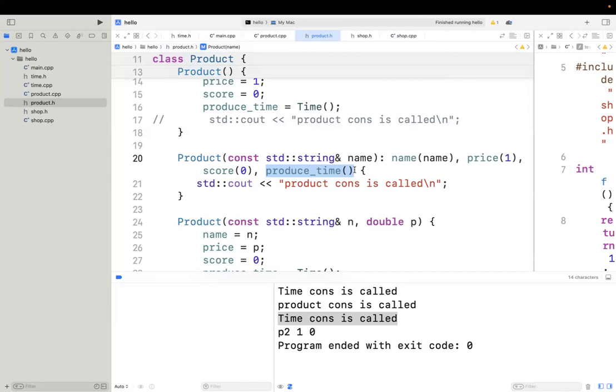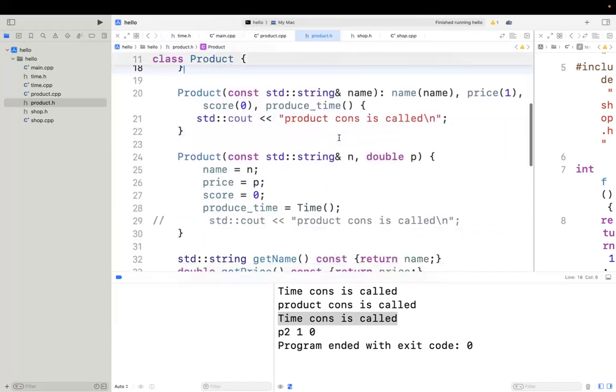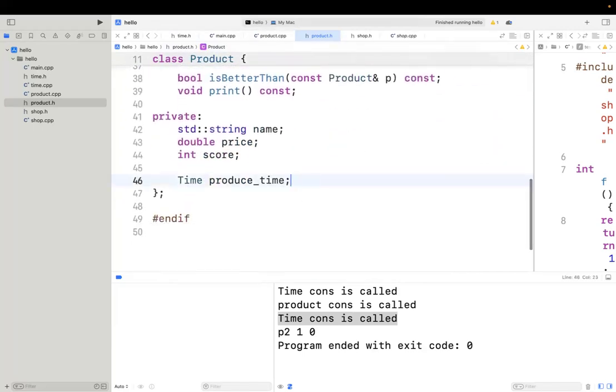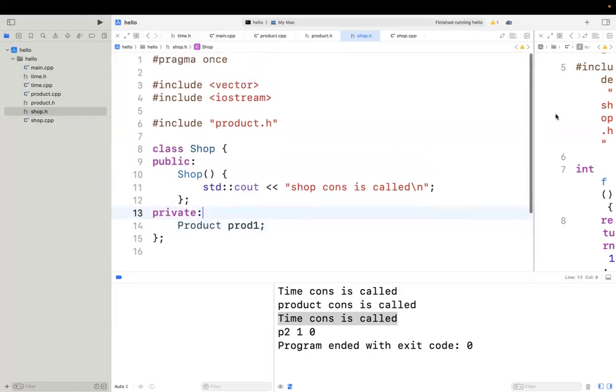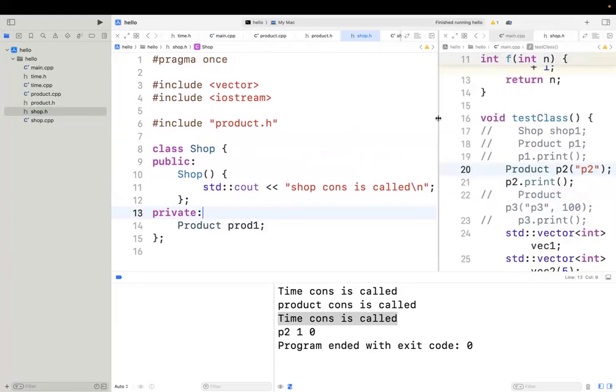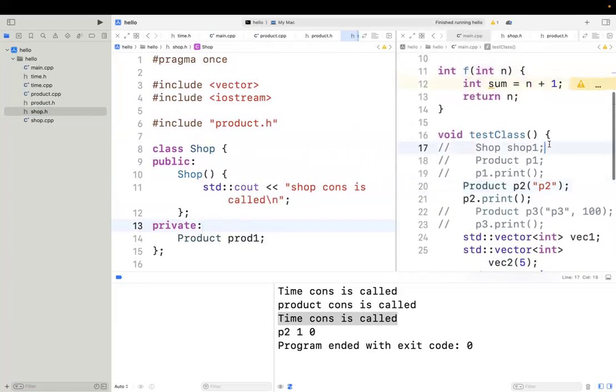So this is called circular dependency in classes. You can try that. So in our product class, assuming you have a shop, right? And also in your shop, assuming you have a bunch of products. Let's make this one simple. Let's just say I have one product. And here, if you are trying to create a shop,